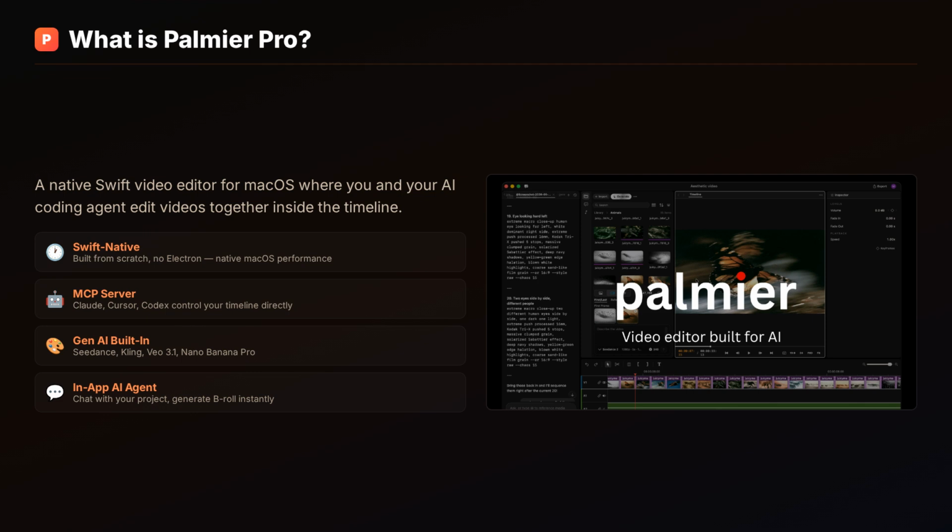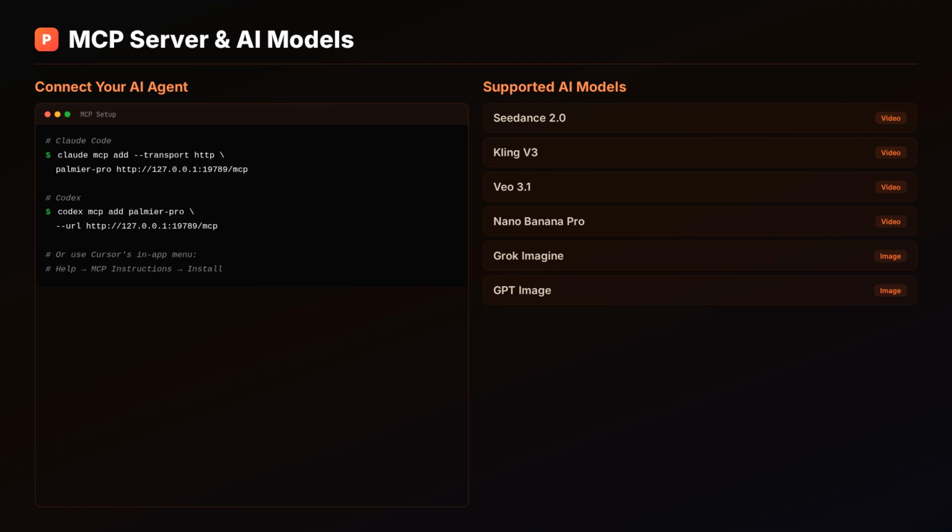Nano Banana Pro. The game-changing feature is the MCP server. When Palmier Pro is running, it exposes an API at localhost port 19789 that your AI agent connects to. Claude Code, Cursor, or Codex can directly read your timeline, add clips, apply edits, and export, all through natural language